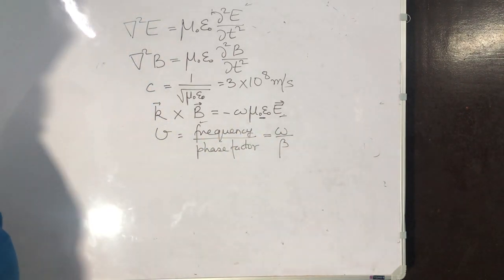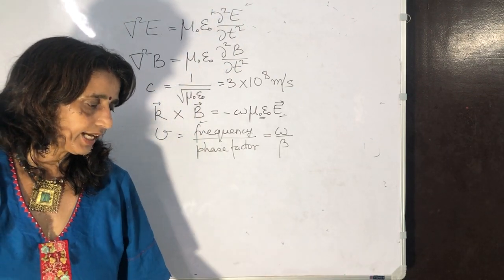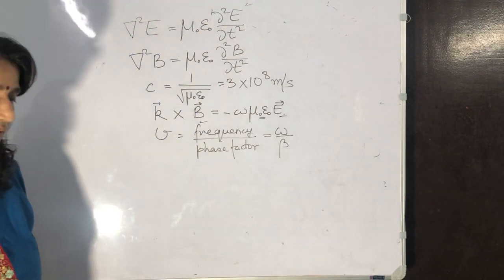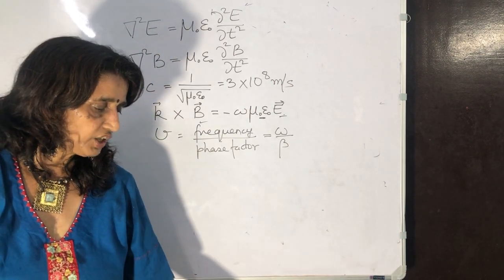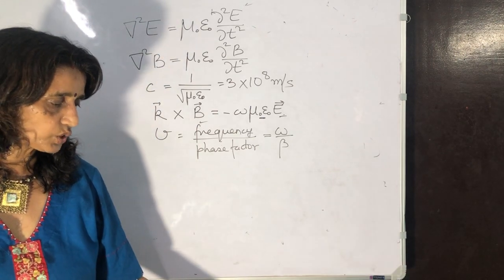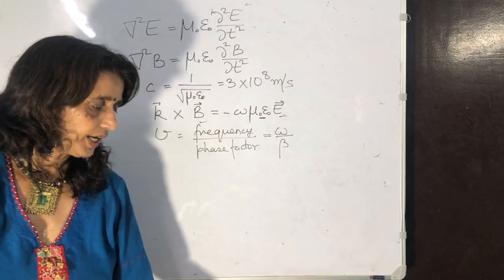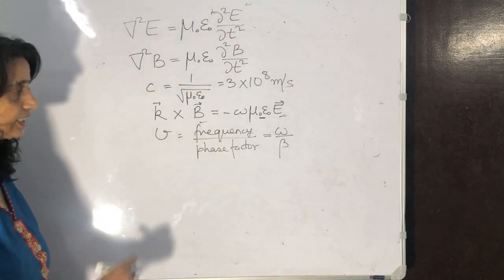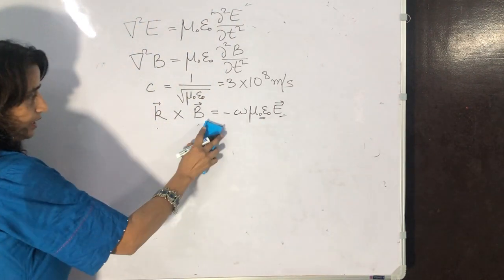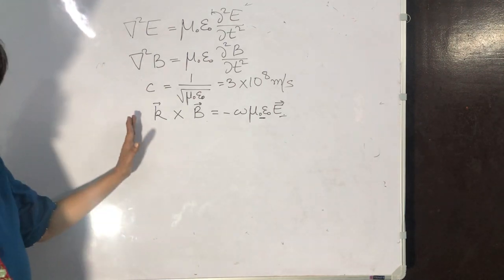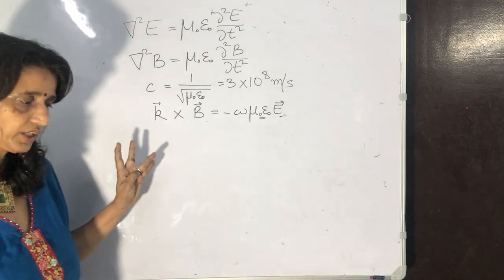Now what is this phase factor? For conducting media, we will be taking attenuation and phase factors to introduce you to what conducting media is all about, when an electromagnetic wave comes into conducting media. So okay, first I will tell you what is beta. Wait. Till here it was electromagnetic wave. They are transverse in nature. The E and B are perpendicular to C.